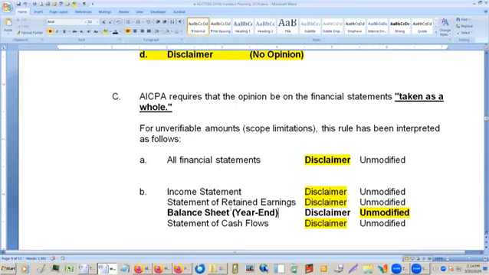Because this is all at year end, you can give an unmodified opinion on it. Now, you might say, well, okay, so what? We got disclaimers on these other ones. But yes, at least the client can now go into the bank and say, yeah, there's a disclaimer on these other ones, but this balance sheet, all of the cash, the inventory, the equipment, the liabilities, all that is okay. So you are giving them something. A disclaimer is basically nothing. Here's a disclaimer. We don't know. It's a shrug. Here's the bill.